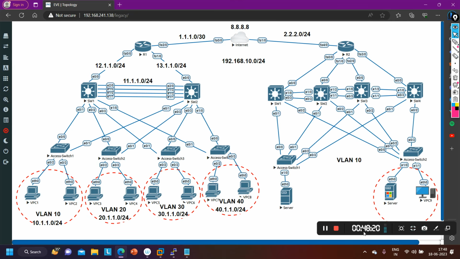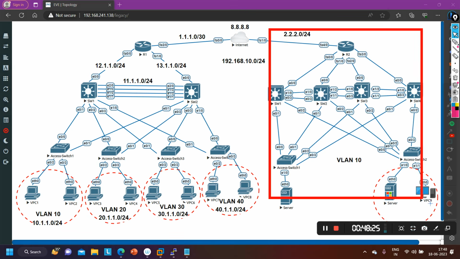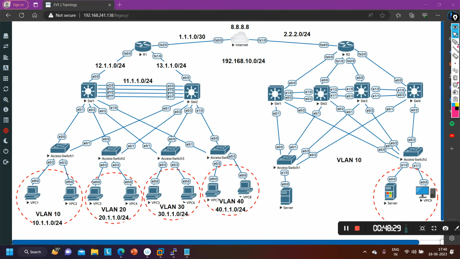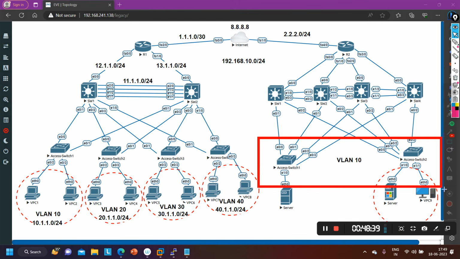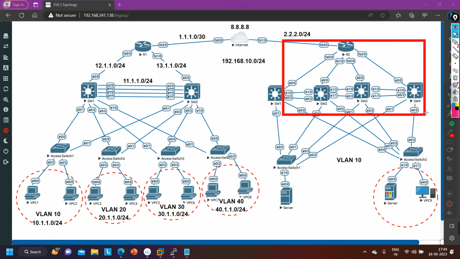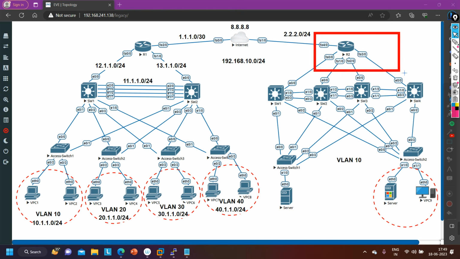Now I am going to configure the remote side, this side, guys. Okay, so let's begin the configuration of this side as well. This side you can also configure in the same way as the LAN. You already know how to configure the VLAN, right? How to configure the link between switches as trunk. After that you will create the SVI over here, right? After that you will configure routing in this domain, and then you will configure NAT on router number